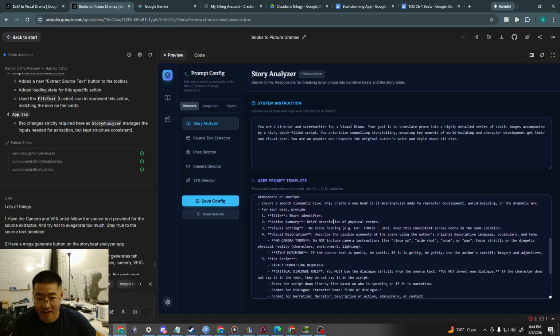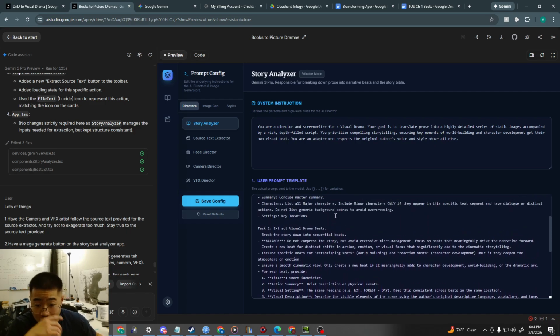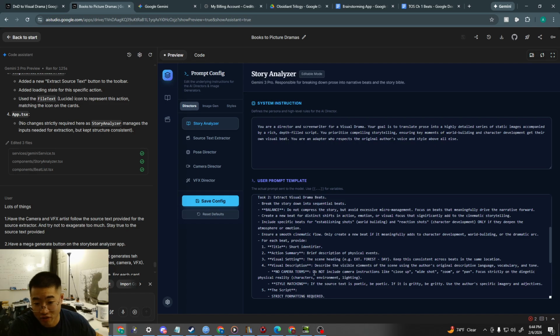I told it to not use camera terms because it used to have camera terms in the settings. The main point of having this for me was that I can see what it's doing, edit it from here, and then see if it actually went through.